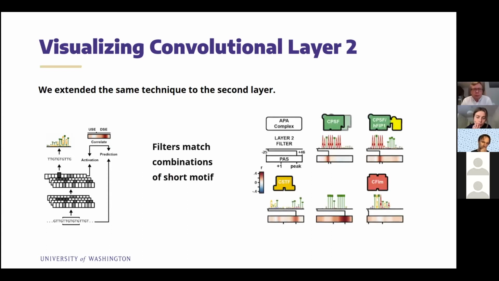And what we found here is that these filters typically match combinations of short RNA binding protein motifs, which is quite nice because it sort of indicates that the second convolutional layer learns to be sensitive towards combinations of or local interactions of individual APA regulators.